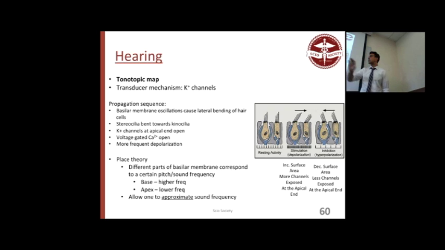Now this is important because the liquid that makes up this area is called an endolymph. And the endolymph is different than normal extracellular fluid. Endolymph actually has a high concentration of potassium, which is different because normally extracellular fluid has very low potassium. The high potassium here is